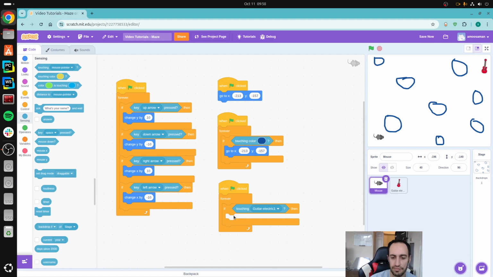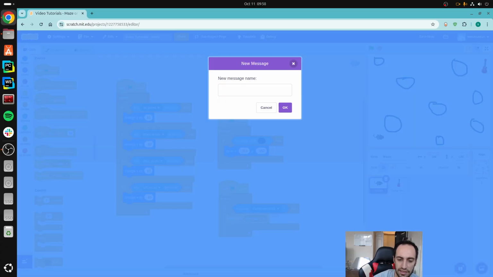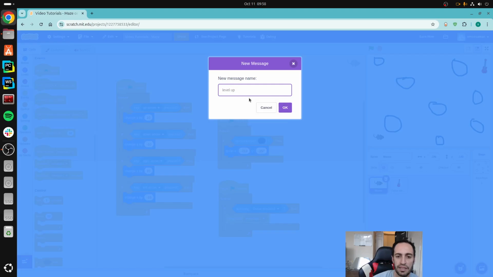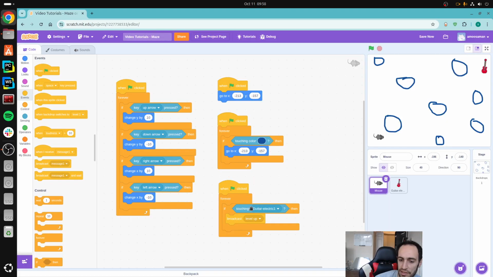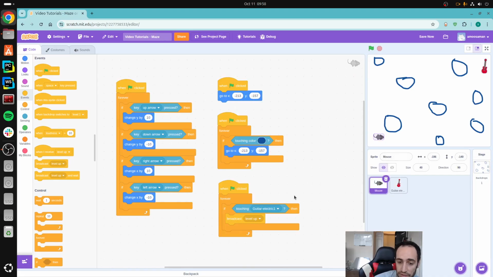Same thing here. So the way I can do that is inside events, I have the ability to broadcast something. So broadcast is simply a way for a character to tell other characters something happened. And I can just name my message. So I can say, level up. So that means every time I touch the guitar, I will level up. Make sense? What does the guitar need to do? And what does the stage need to do? And then maybe what does the mouse need to do? So first of all,